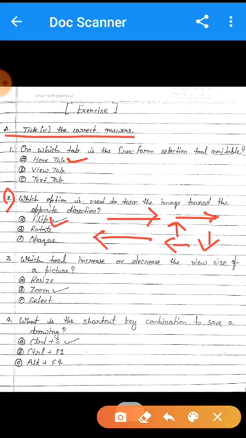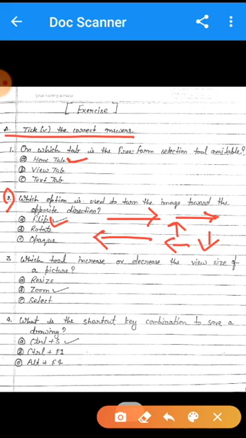This is called rotation. Rotation means the image turns toward the anti-clockwise or clockwise.